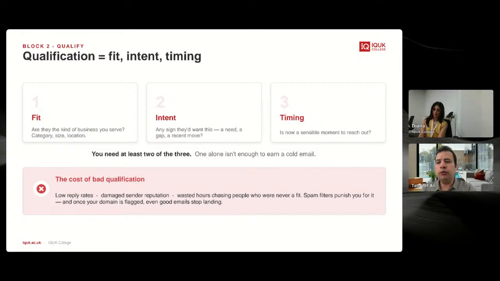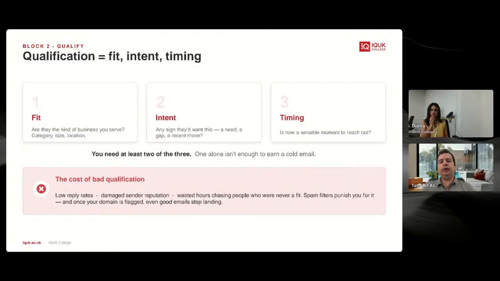So timing, if you think of other industries, a startup company who just raised funding, they might want to expand, they might want to grow their team. So that's the right time for them to hire more people. If you are a recruitment company and you want to recruit for businesses, you can use that signal. Yeah, I saw your post on LinkedIn. Congratulations for fundraising. And most companies want to grow fast once they do the fundraising process. Is it a good time to talk about expanding your team? So that's a good way to start your email.